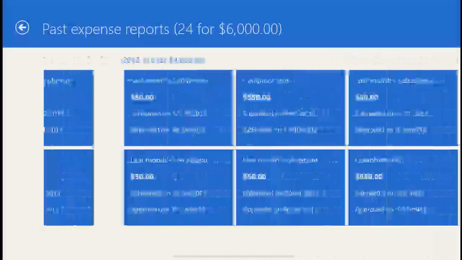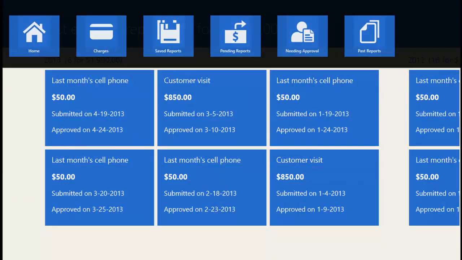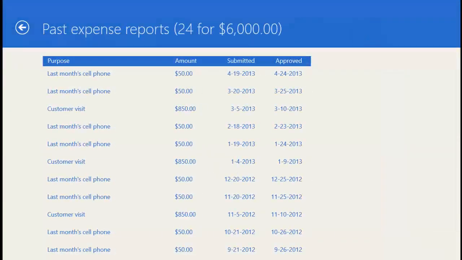Now, what if this is for something like past expense reports, that's okay, because I don't know how often I need to go back and view expense reports from 3 years ago. But what if this is pending orders, or this is the customers I have, or this is information where I don't necessarily want to spend all that time scrolling. I want to see more information on the screen at once. So in that case, here's the recommendation to use the stylized list